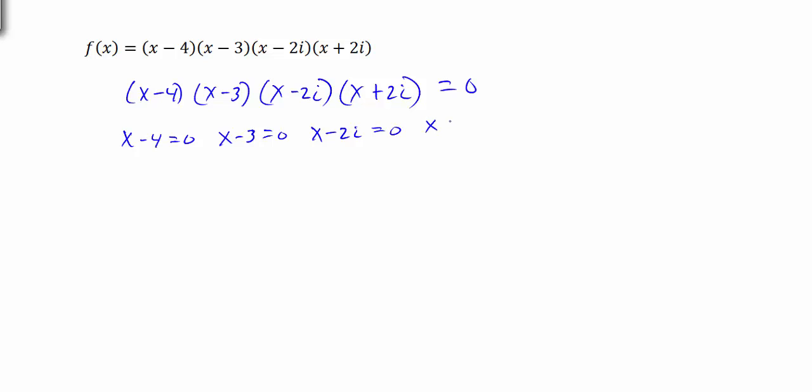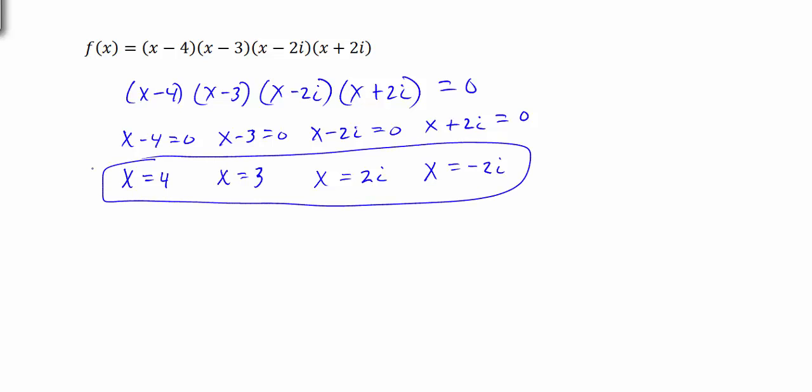And then we can simply solve for x. So here we would get x equals a positive 4, x equals a positive 3, and there's our 2 real zeros, and then we have x equals 2i and x equals a negative 2i, which would be our complex zeros. So here we have our 4 zeros, and I want you to notice if we look at